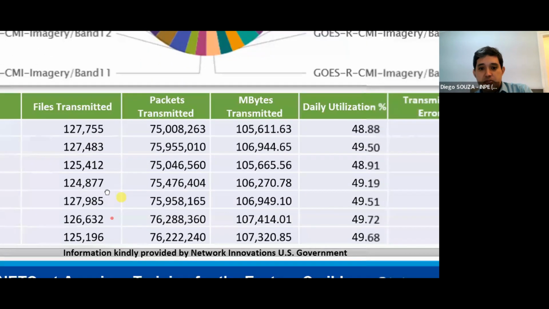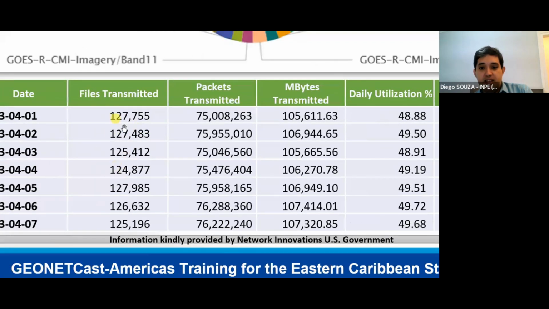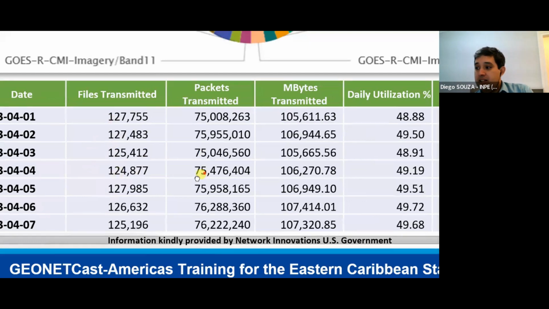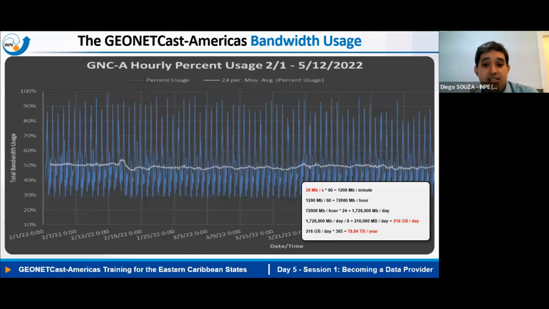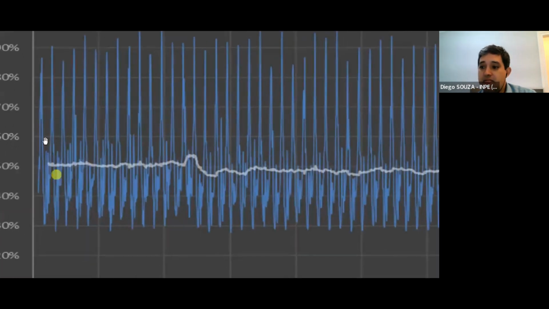And if you look here, you see the number of files transmitted every day, more than 127,000 files on average, okay? Another piece of information is that the daily bandwidth utilization is actually an average of approximately 50%, right? However, that doesn't mean that 50% of the capacity is available for use. That's not the case, right? Because 50% is a daily average. If you look at the usage every hour,